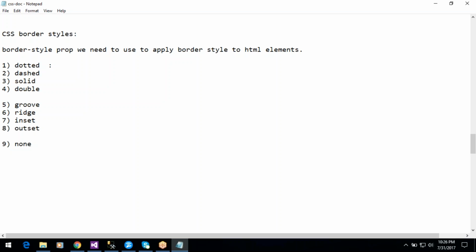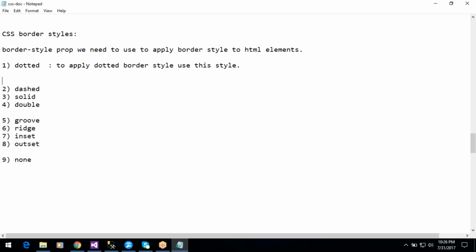Okay, dotted border style. To apply dotted border styles, use this syntax: border-style property, dotted. Okay, so this is the syntax for the dotted border style property,